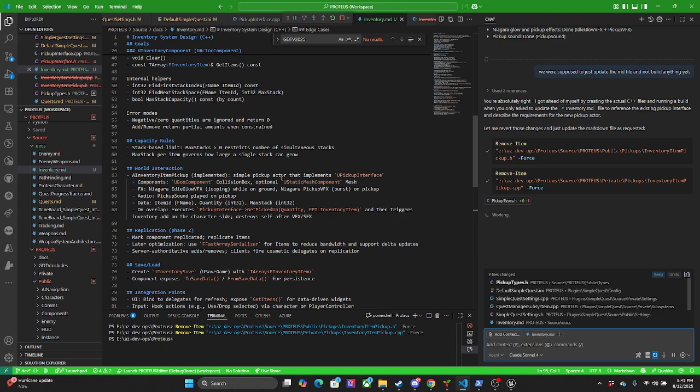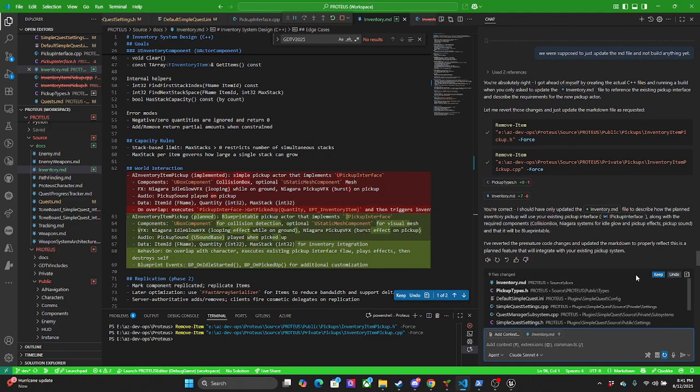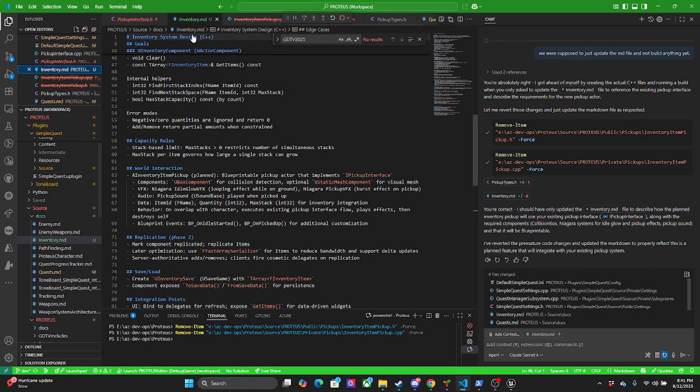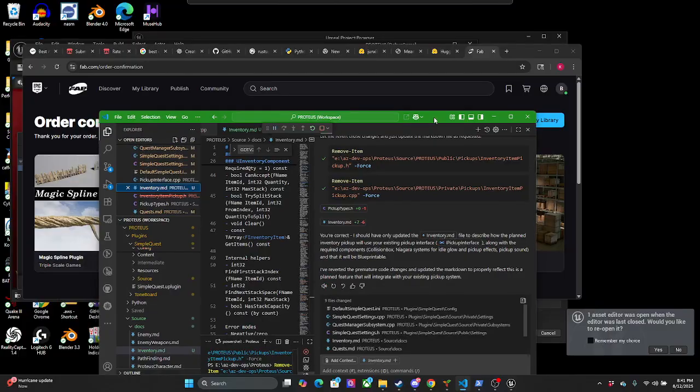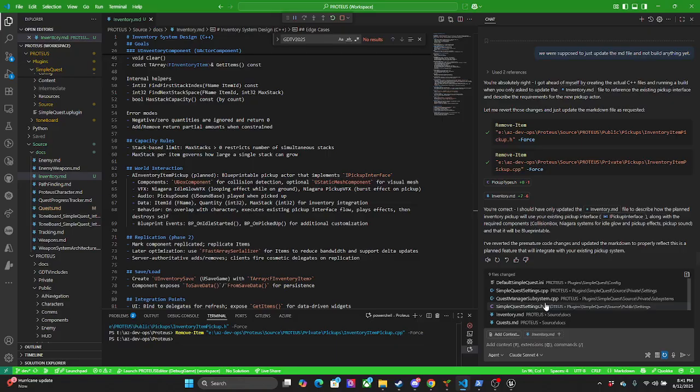All right, but it did do the box component, the static mesh, the pickup sound. That was a lot faster. So we're gonna stay on Claude for today. We're gonna close all this junk that doesn't exist anymore. Close others. All right, so now we're good back on here.